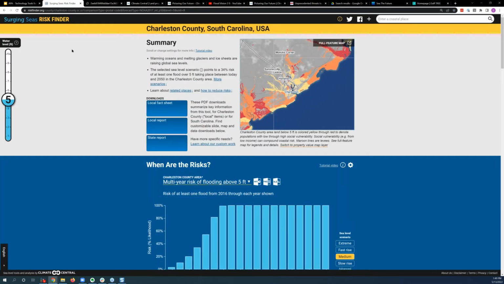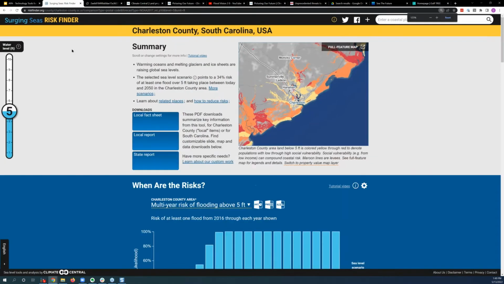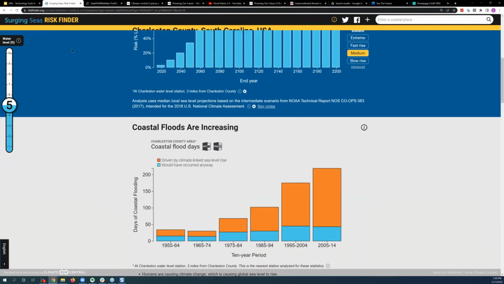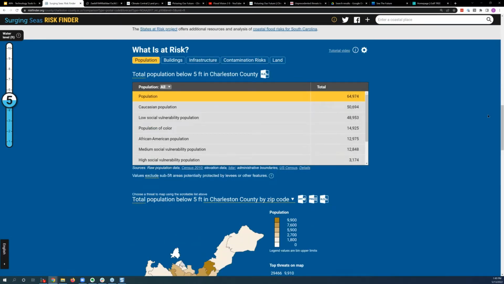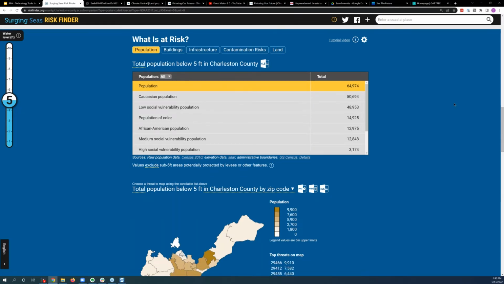Another thing you can do that we see our tools being used a lot for is scrolling down. You can scroll down to the what is at risk section. And here we're utilizing the NOAA-based DEMs, putting water levels on top of that. We're starting at the local high tide line and going up X number of feet. So let's say you want to estimate the risk of a 7-foot flood, or let's say you're looking at sea level rise of 3 or 4 feet over time.